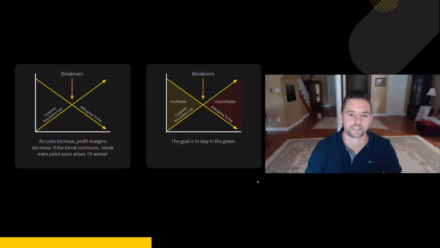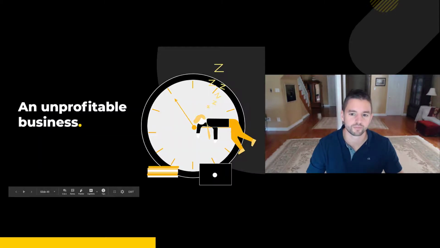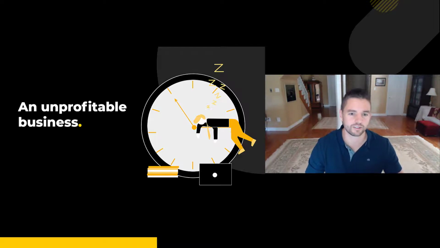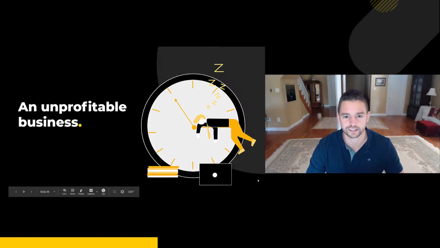So on one hand, we have rising costs. On the other hand, we have a lower willingness to pay. Now, you don't have to be a financial whiz to understand that this basically means, on one hand, your expenses go up while your profitability goes down. If you continue on this path, it's only a matter of time before you're running an unprofitable business. So you need to consistently be innovating in order for you to run a business that still has profit at the end of the day.